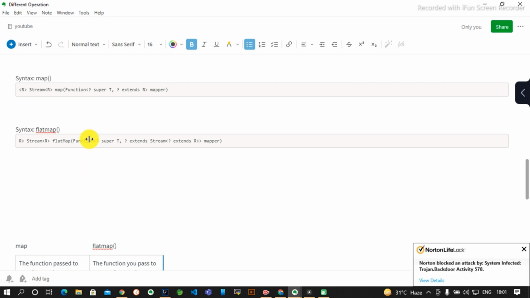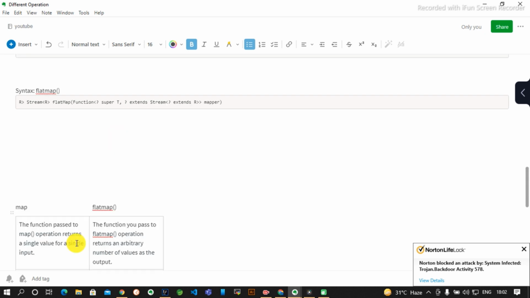The work of this function is, when we provide a function, it will be called for each value in the input stream and provide one result which is sent to the output stream. So this function is basically applied to each value in the input stream and provides the results again to the output stream. Map is also used for synchronous and non-blocking one-to-one transformation.